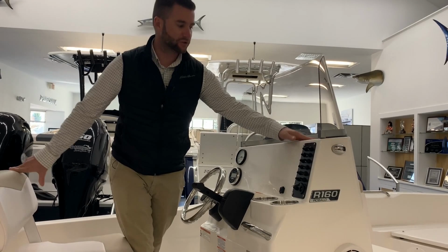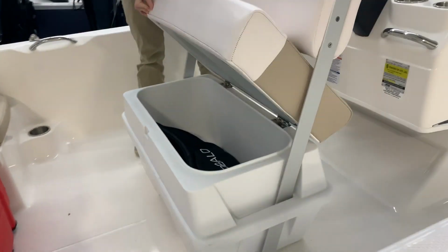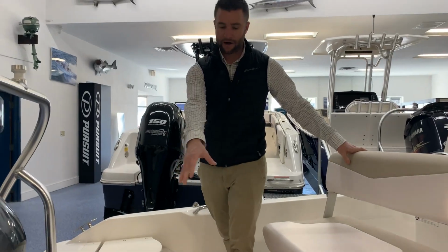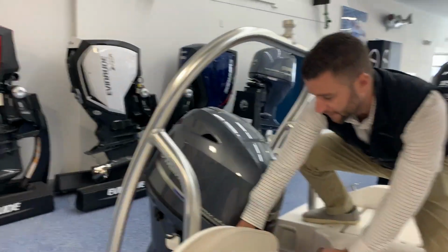Up on your dash, you have storage with drains, your windshield, steering wheel. On this model, the R160, you have storage underneath. Back here, we discussed that the batteries will be under each side. You have stainless cup holders. If you come back here, you'll see to access